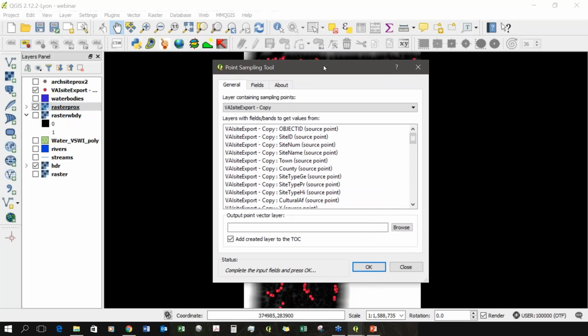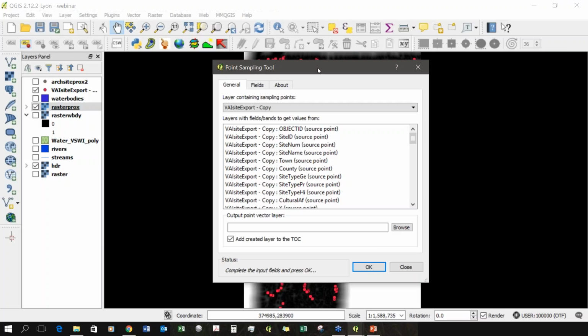Now, I should give a warning about plugins, much like QGIS itself. Plugins provide a lot of great functionality, but the background information and tutorials regarding plugins are often minimal to non-existent. And so again, you might have to do some hunting on web forums, tutorials, YouTube videos to figure out exactly how to do this step by step. This one in particular took me a while to track down how to actually execute it,